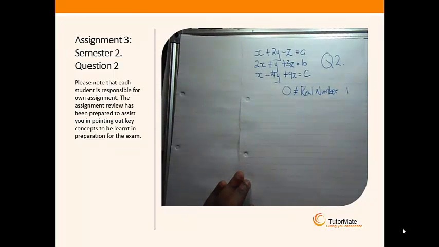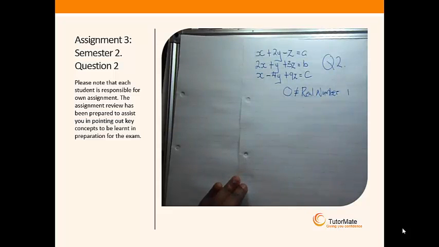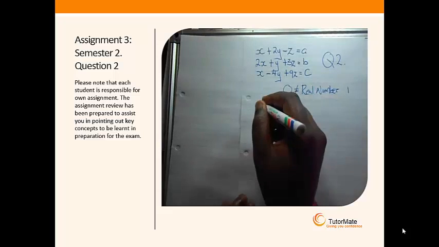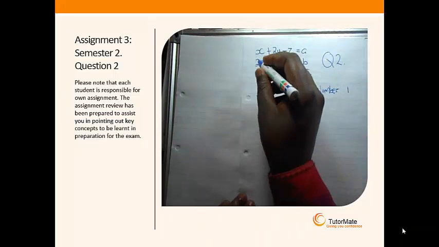So in this linear system, the first thing you need to do is turn it into an augmented matrix. You can work it using an augmented matrix, or you can just use the elimination method. However, I would prefer we use the augmented matrix route. For how to turn a linear system into an augmented matrix, I refer you to the augmented matrix video tutorial we uploaded on YouTube. In this instance, we are going to have 1,